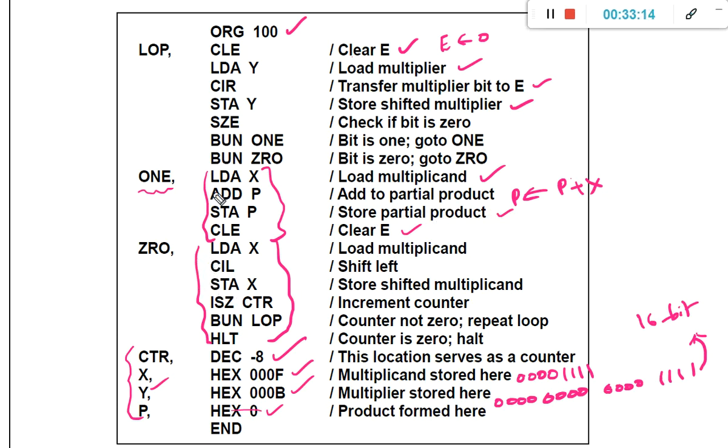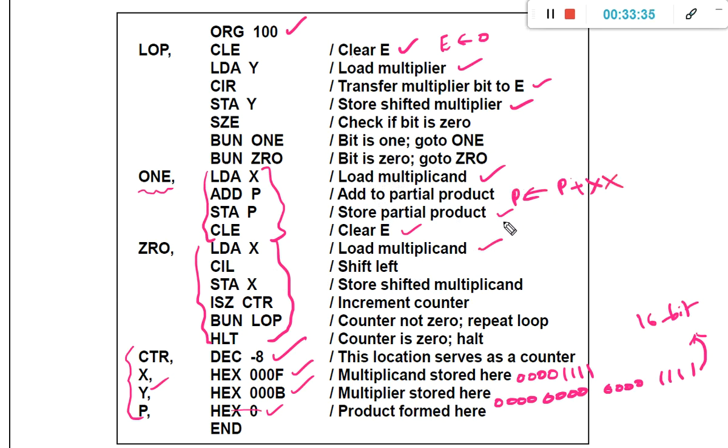Next, if the value of the expansion bit is 0, then what to do? We need to load the multiplicand.